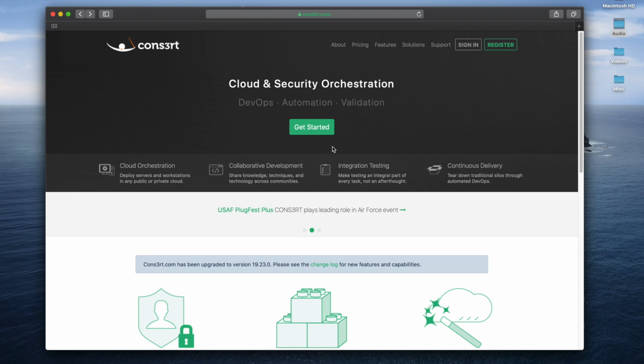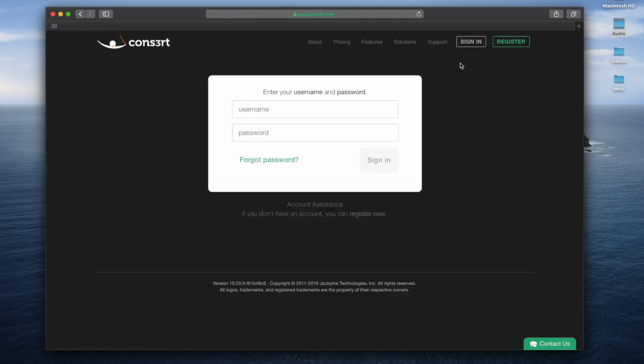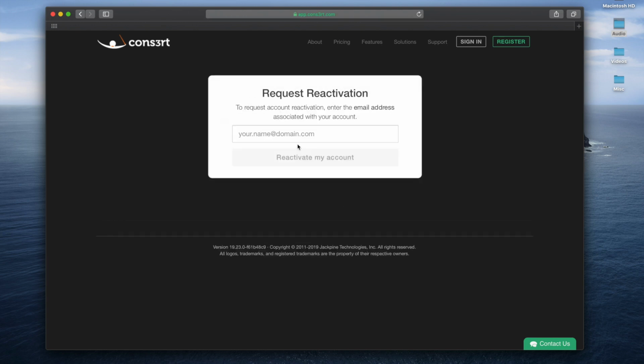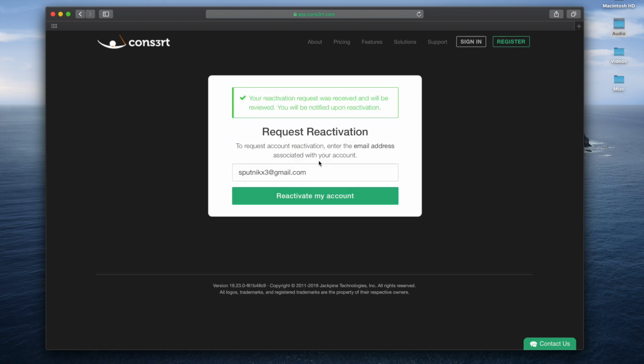Today, we'll be covering account reactivation. If your account has expired but you would like to continue to use CONS3RT, head on over to Sign In, select Account Assistance, select My Account is Inactive, enter your email. One of our old interns provided this dummy email account, and a reactivation request will find its way to our